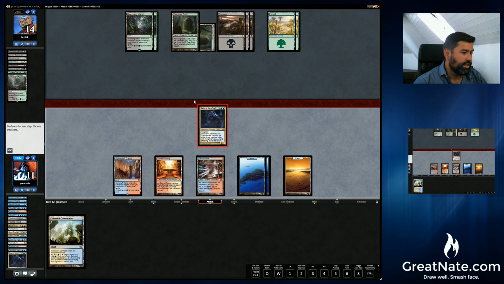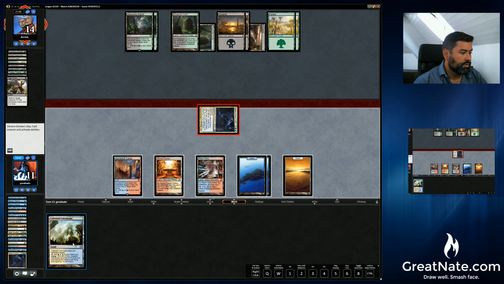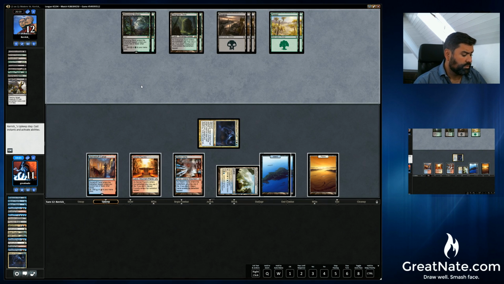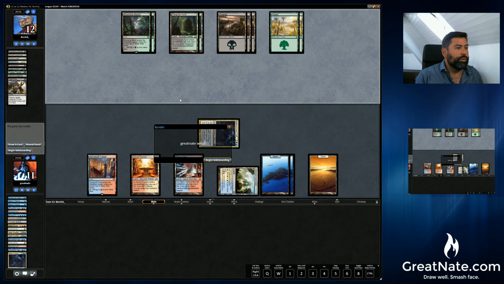So I'm going to assume he's got a hand of Fatal Pushes and Abrupt Decays that he can use on our Angel token. That's why he's not playing anything. Play the Colonnade. Seems a little bit premature to me. But if he draws a blocker, we obviously don't have. I mean, I don't know what's in his hand, but